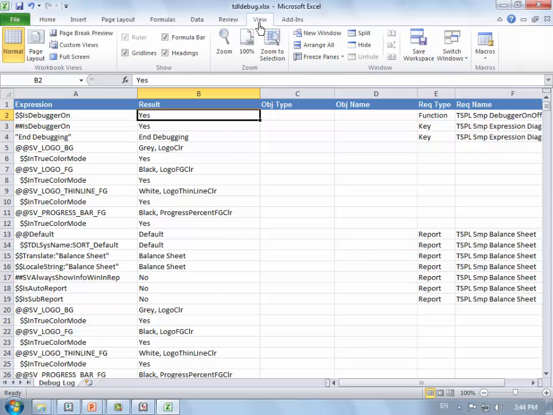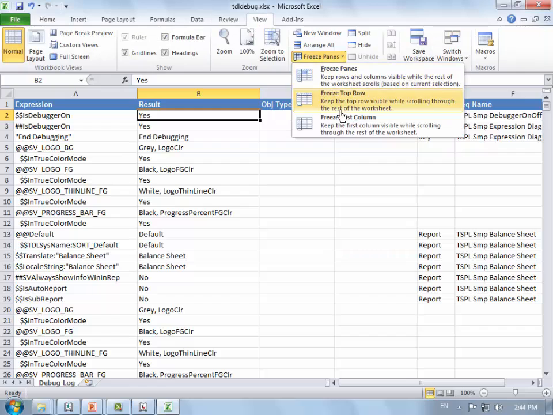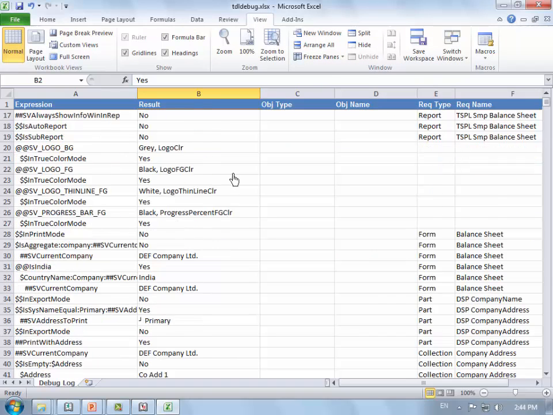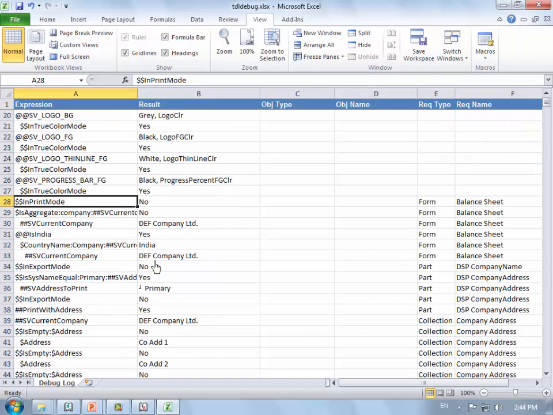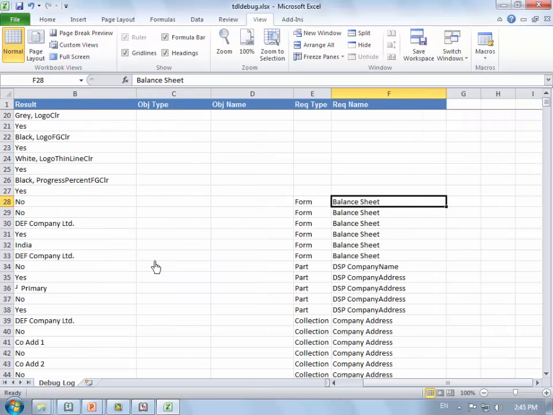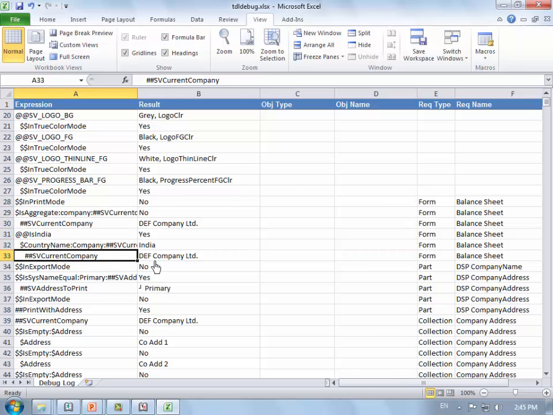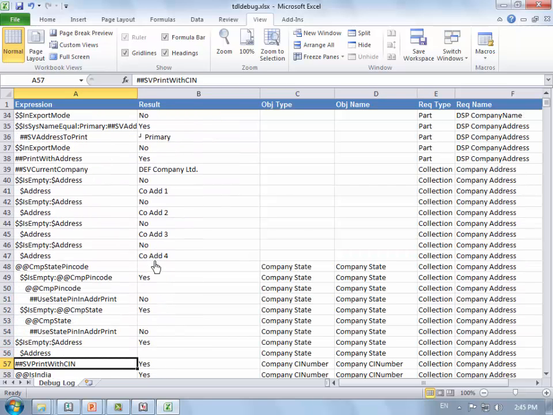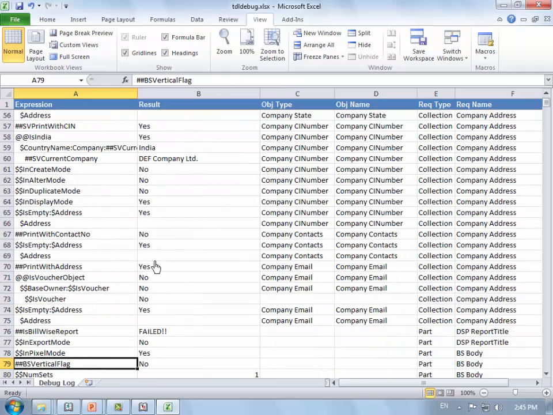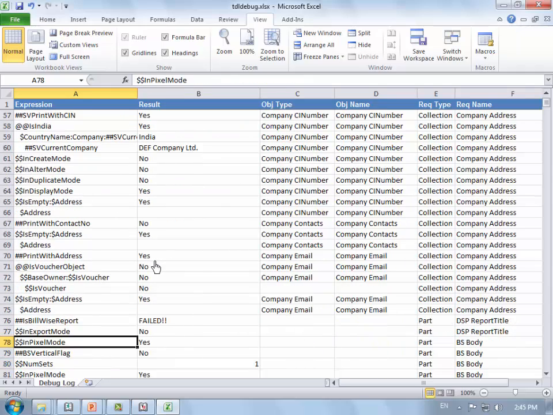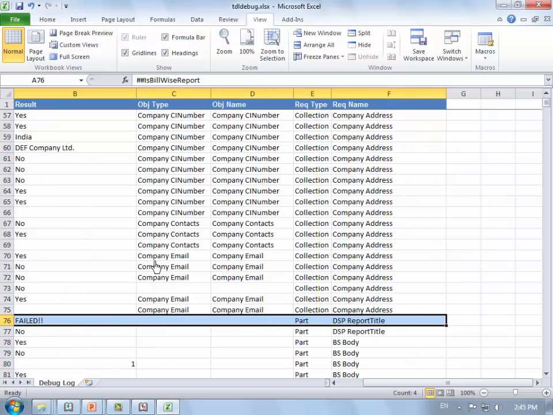You can just do a view and say freeze top row, and scroll down here. Print mode, no. Form, balance sheet. Then there is a part DSP where the export mode is provided. So each and every detail of an expression is mentioned.